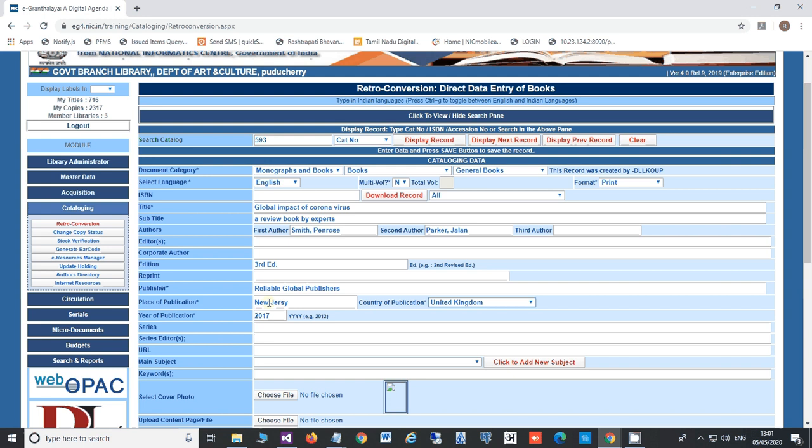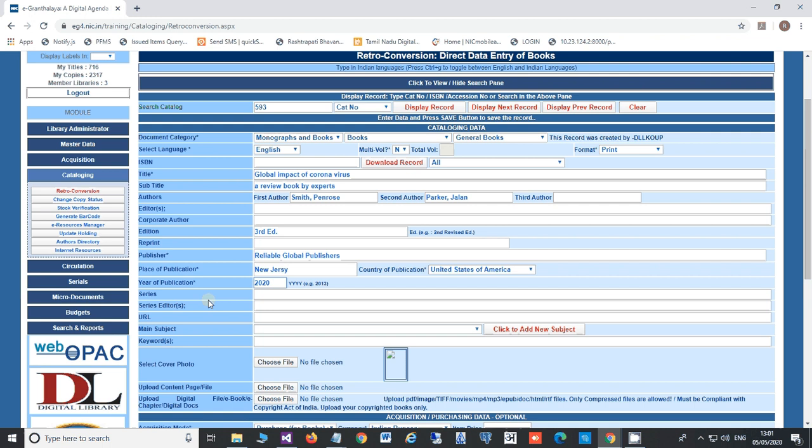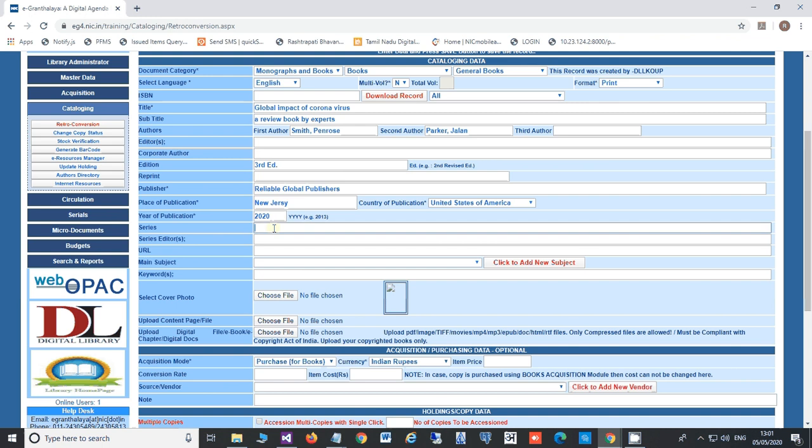Country, press the first letter. Year of publication in 4-digit, that is in YYYY format. Series, if a series is there, put the series detail. Series editors, if they are there, record the name of series editors.